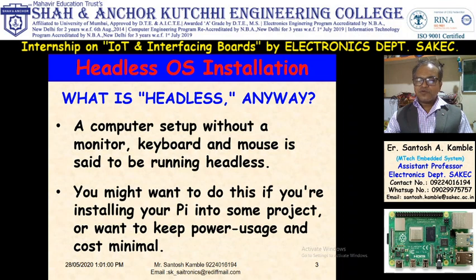For example, I want to make a robotic car using Raspberry Pi. The car is moving, so you cannot mount a monitor, keyboard, and mouse on that car. We just want a Raspberry Pi, memory card and power supply. You can use a power bank, the memory card is attached to the memory card slot, and the Raspberry Pi is standalone. So you can use a headless system for that robotic car. In this session we will see headless OS installation and headless use.